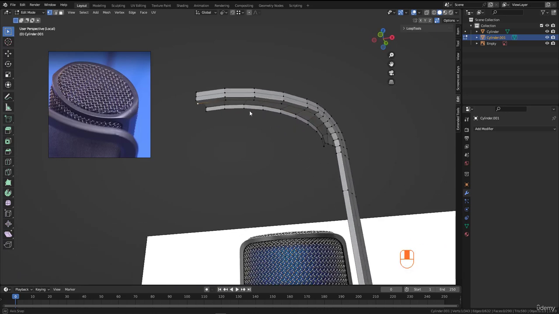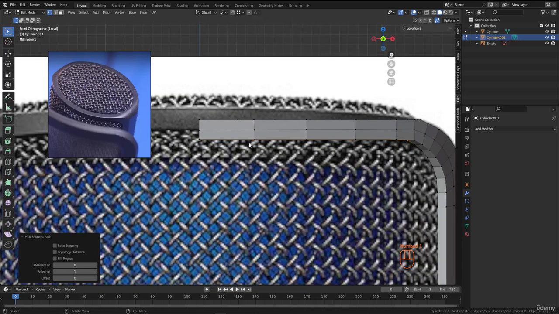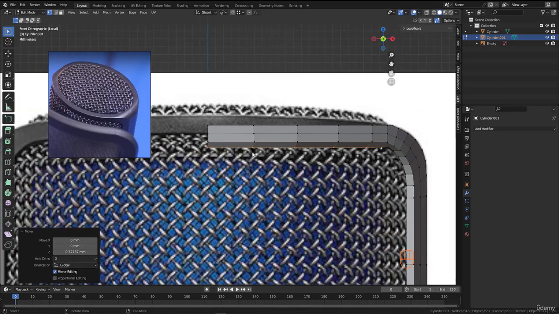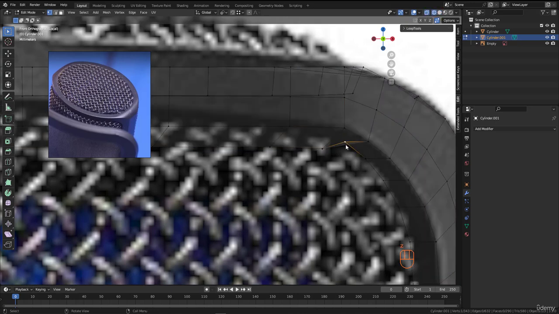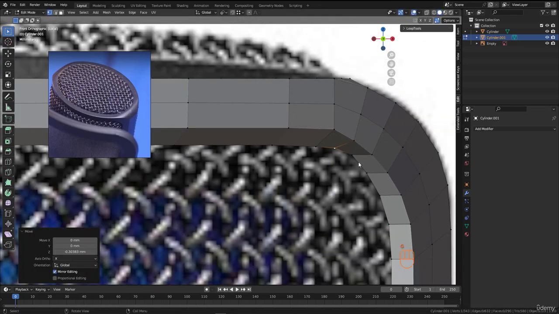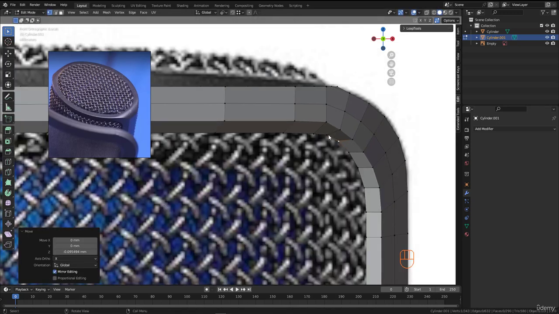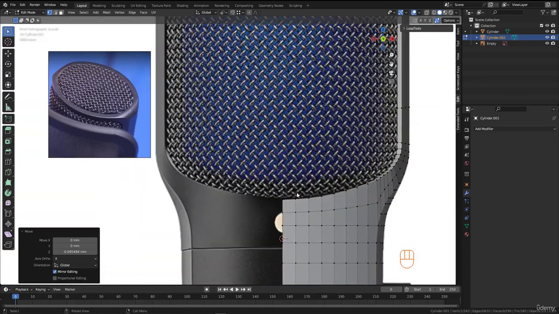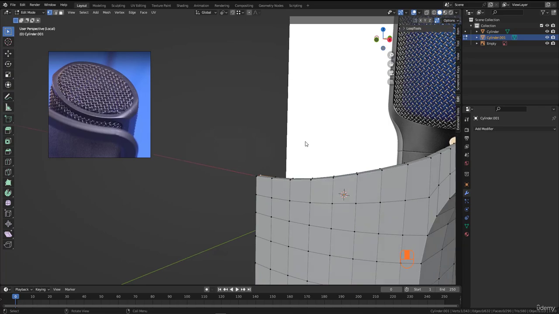What I want to do is grab these vertices and go to the front and just move them down a little bit. Hit G, Z, and let's move those maybe right here. And let's grab this vertex and move this down as well like that. Just fix the curvature. And this one maybe I can hit G, Z and move this down just a little bit. Let's go here, and I guess we can move these vertices starting from here,